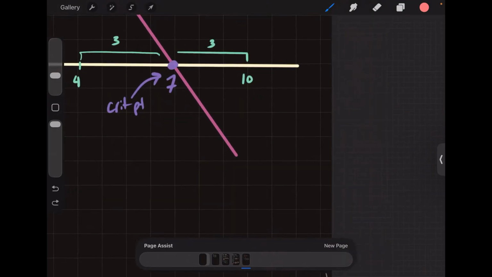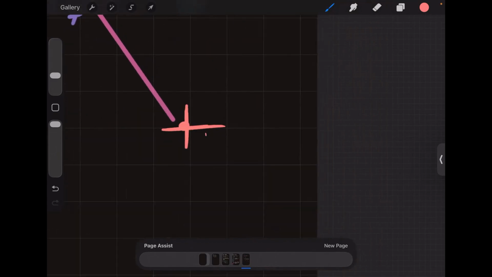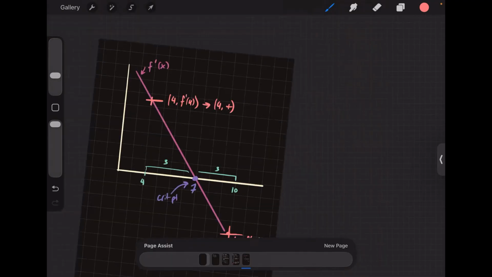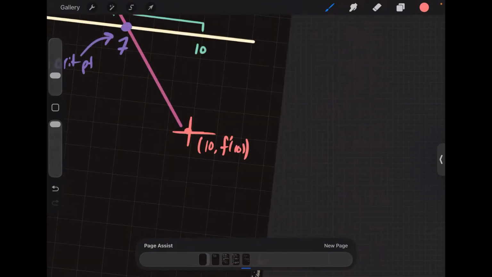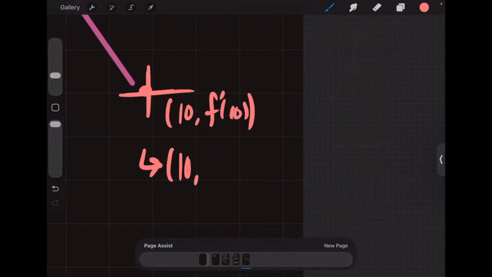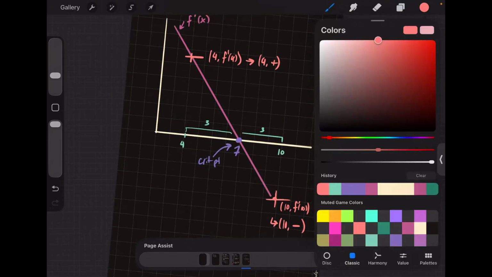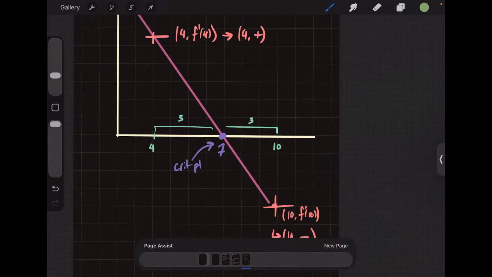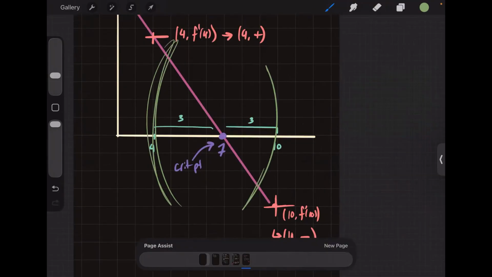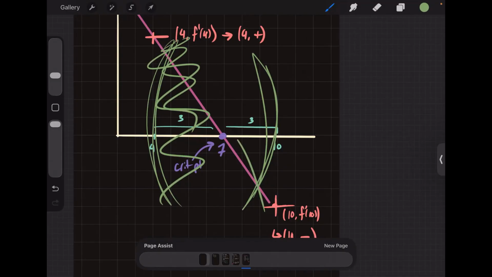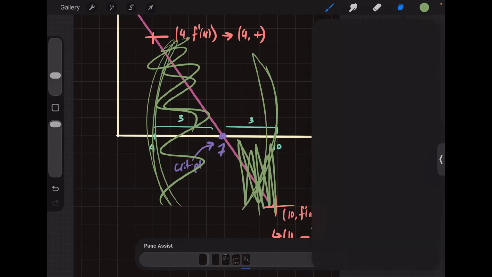On this side, you have 10 comma f prime of 10, and this is going to be 10 comma some negative number. If you ever take analysis, they call this an open neighborhood. It's not important what that means. You can kind of view it as a little bubble. If on the left half of the bubble you have a positive output, and on the right half you have a negative output,